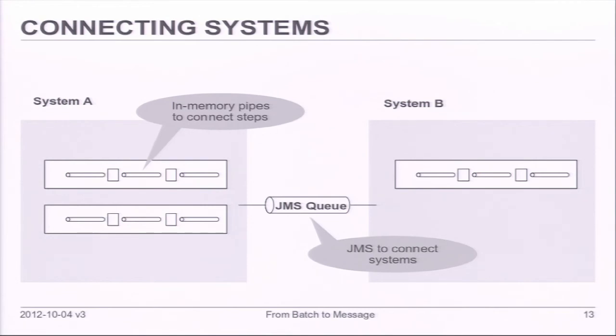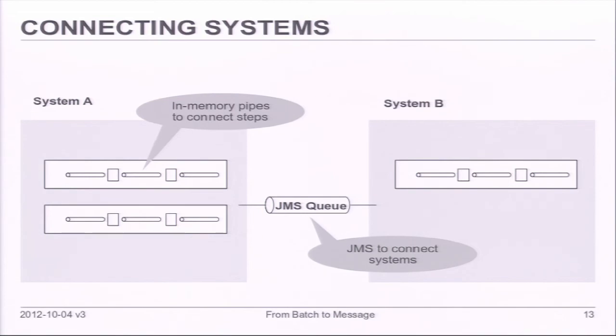So the basic pipes and filters pattern is to have separate steps which are responsible for just one thing. So for example, extracting a value from a row and then passing that on through a pipe to the next part of your system. This is depicted here. The pipes are the pipes and the messages are the small quadrants there. So you have the opportunity to use that inside your application as in-memory, and you can connect external systems, for example by JMS, to pass on the events.